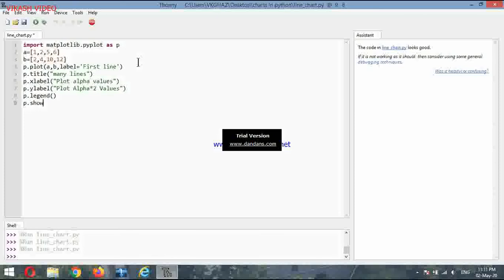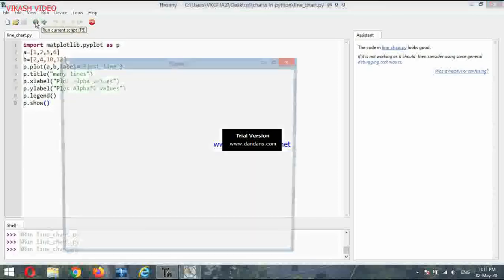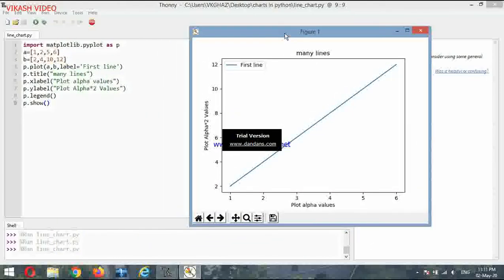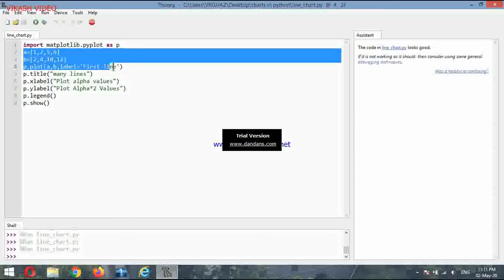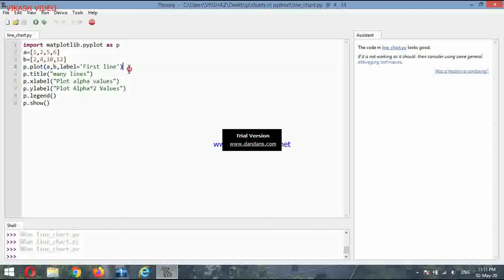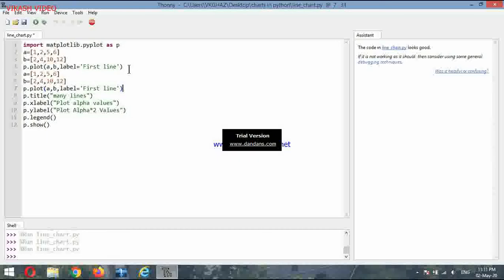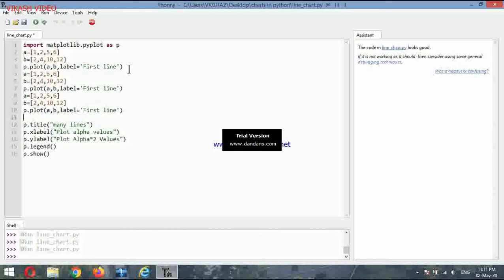So if I copy the same code 3 times, and if I change the values only, so that was first line, now it is second line, now it is third line, then if I change the values also, 11, 12, 15, 16, 22 or 24, then 30, like that. If I do the changes in the second line also,